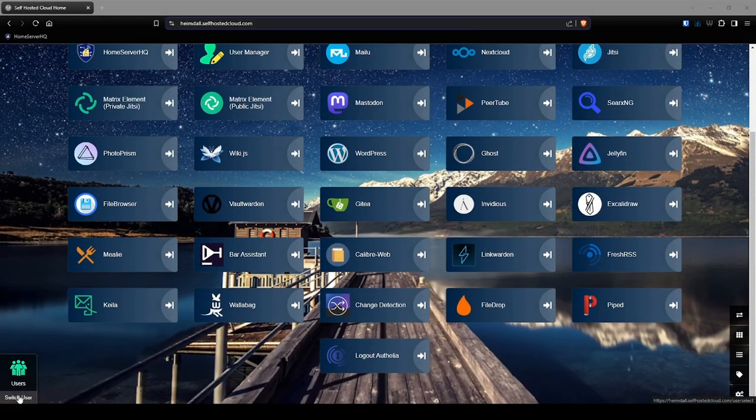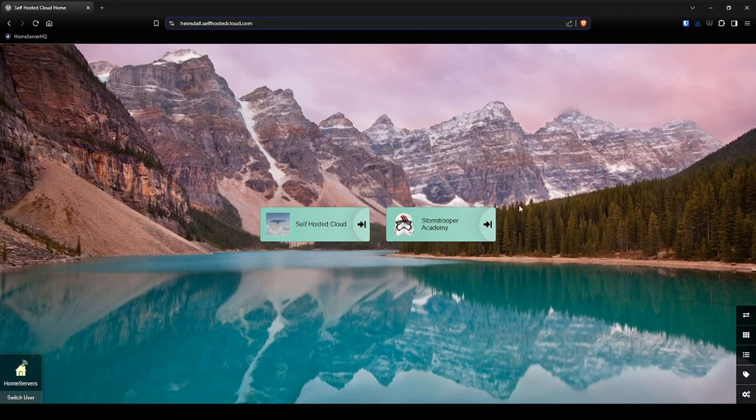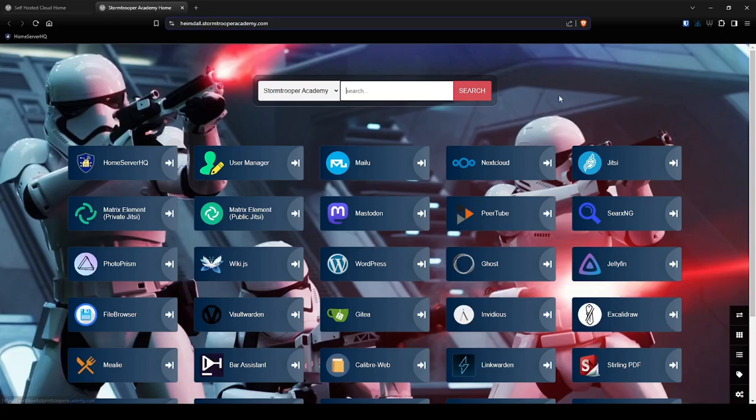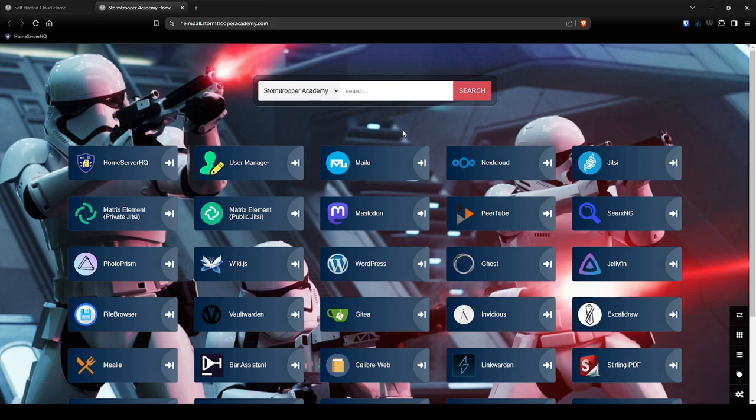Now let's move over to the Home Servers tab. As you can see, I've already added another server to my network, Stormtrooper Academy. And if we click on that link, you'll see we are now on Stormtrooper Academy's homepage. Now keep in mind, this is all entirely inside of our private internet. They are hosting on my private network, so I can view and access some of their sites. I can't do much because I don't have the login credentials for anything, but this